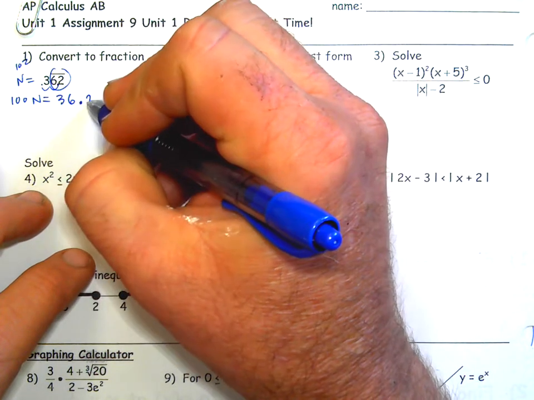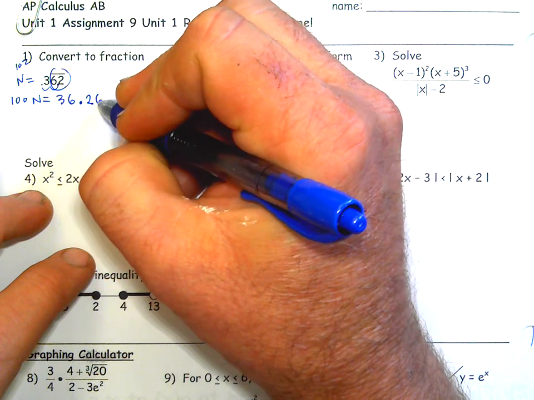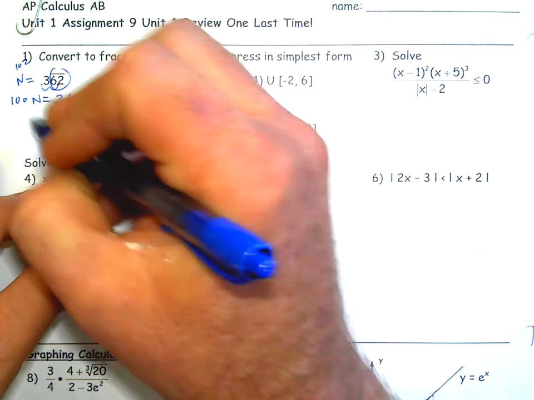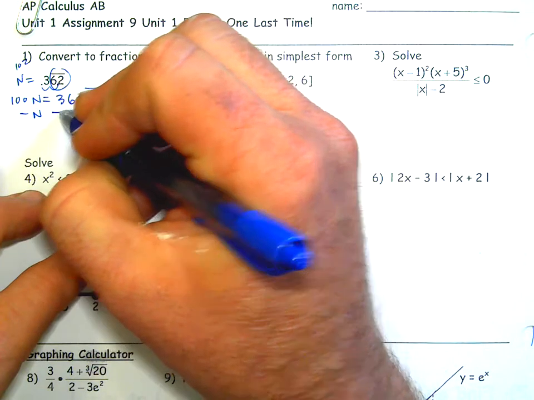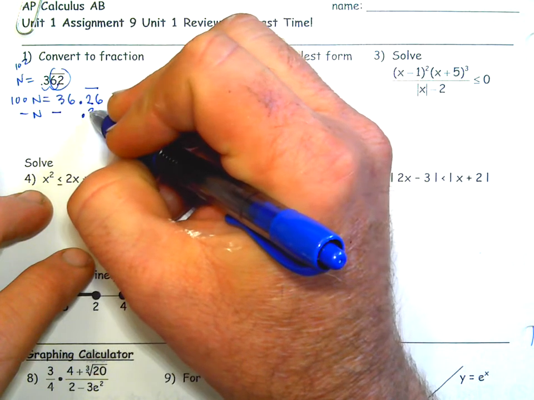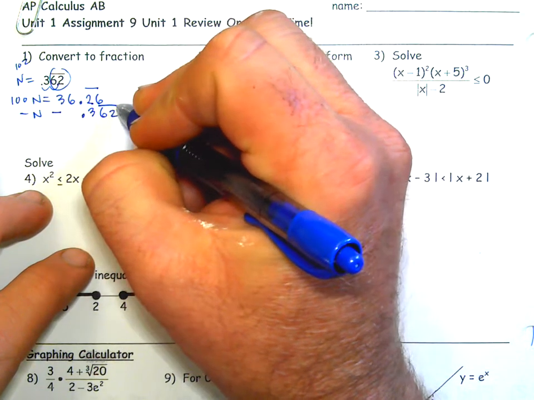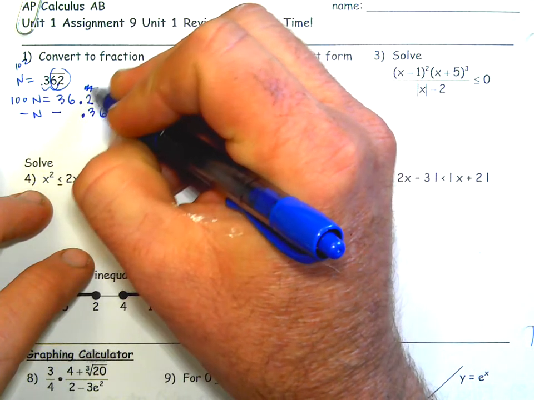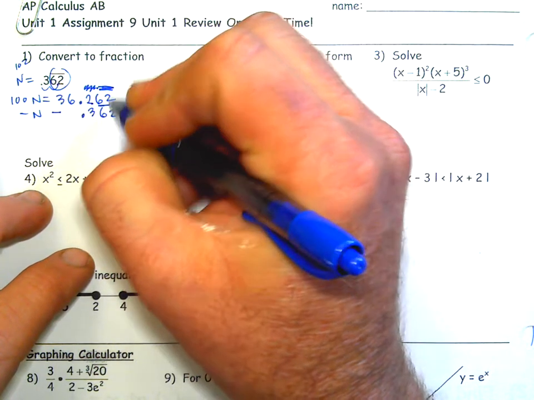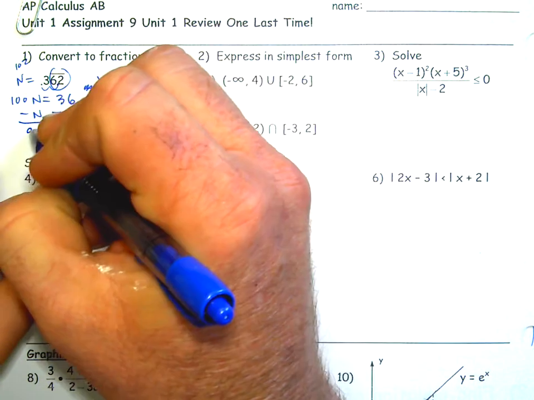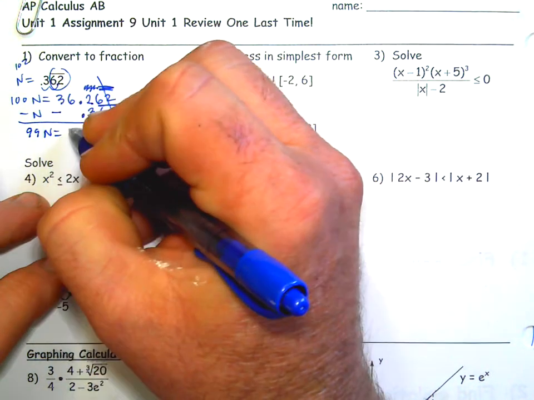And then you get the 2, but then it's a 6, and you could do that repeating, but when you subtract n, you want to line up the decimal place, and you want the repeating parts to line up. So let's say 6, 2 repeating like that, so these cancel each other out. So then we get 99n equals